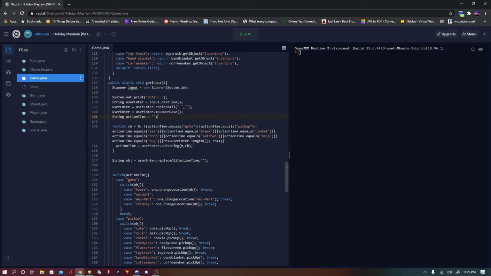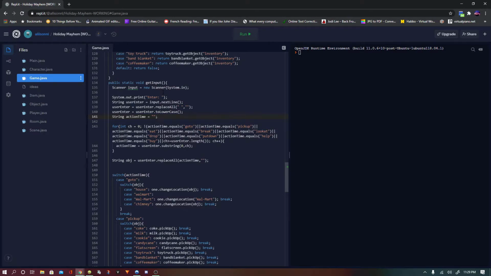Yeah, so I would take whatever the user types in. You needed to type it in the format of a list of commands you can do, and then a list of items and people that are in the room with you. And you can only do things to people that are in the room with you. I had this little glitch: I made the inventory a separate room, so you can't do stuff to things that are in your inventory. You have to drop it before you can do anything with it. It has to be in the same room as you, which the dropping actually works, so you just have to take an extra step.